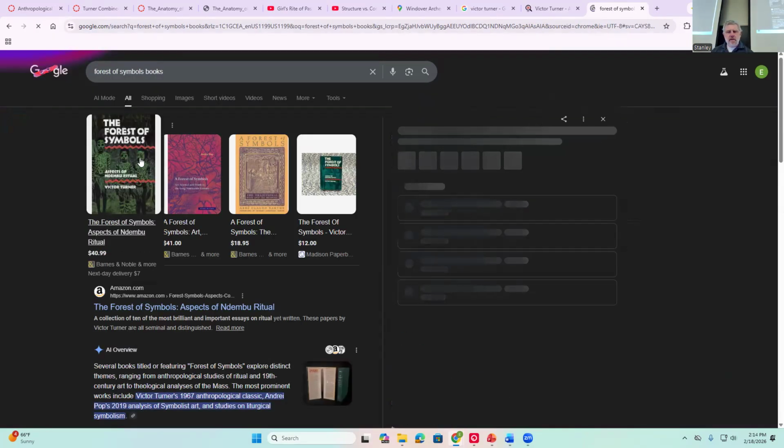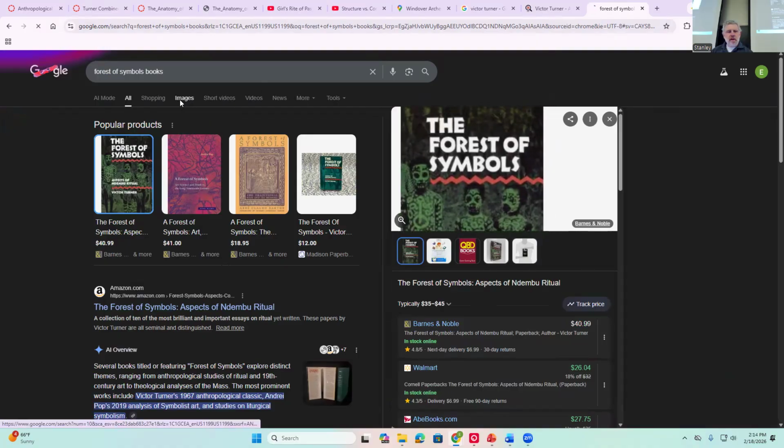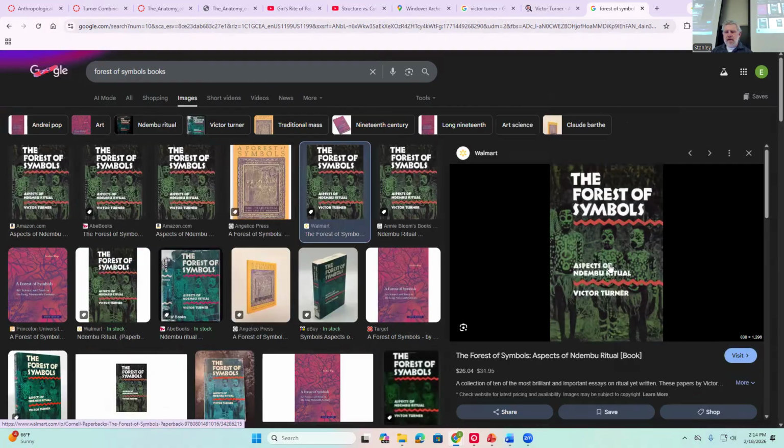Which becomes not only important in an anthropology of ritual and symbolism context, but also becomes the basis for this thread in environmental anthropology about looking at people's relationship with specific parts of the natural world. Maurice Bloch uses this as the foundational work in his early 2000s book, The Anthropology of Trees, looking at people's relationship with trees around the world. And I use this as a starting point for my discussion of cacao. So tied into this pretty deeply.